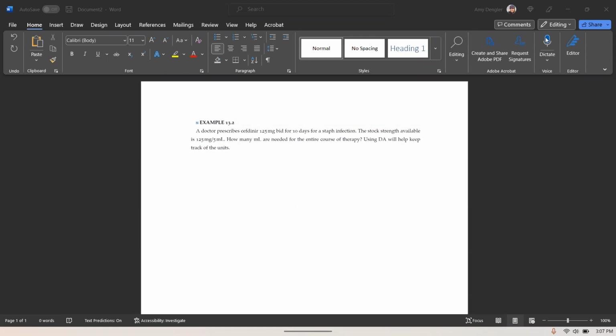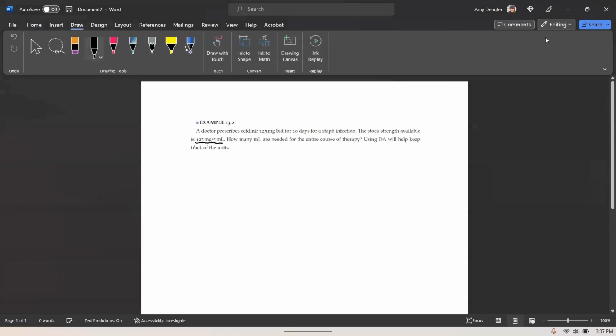So I'm going to go ahead and calculate how much we need for the entire course of therapy. If we look at the strength of the medication, it's 125 milligrams per 5 ml. The doctor's actually ordered 125 milligrams, so we know that they're going to take 5 ml. And they're doing that BID, so that's twice a day. So that means that every day, 5 times 2 is 10, they're taking 10 ml